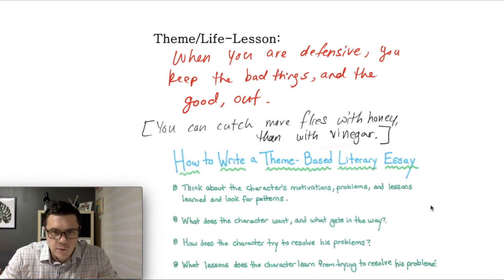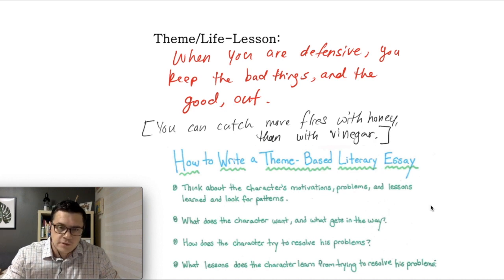But what we're getting at here is like a universal truth, something that's true for everyone. It doesn't matter how old they are, where they're from, what they do, who they are, right? This lesson remains true across continents, across time. It's a truth, and because of that, we call it universal. Okay, so this is what I've identified as a theme for Raymond's Run.